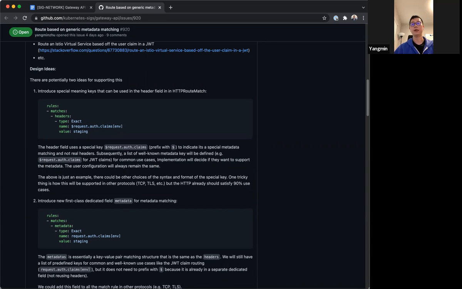The only thing you need to specify explicitly in the gateway API is which type of metadata you want to match, and the remaining part will be reused. I think that will be useful for other metadata, so that we don't need to introduce another field each time for a new metadata.